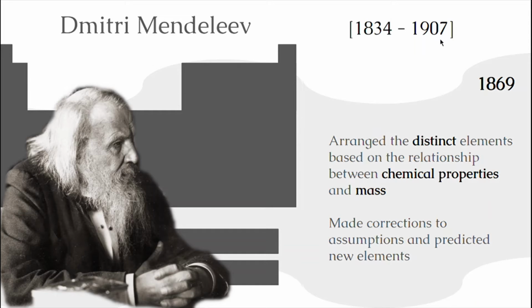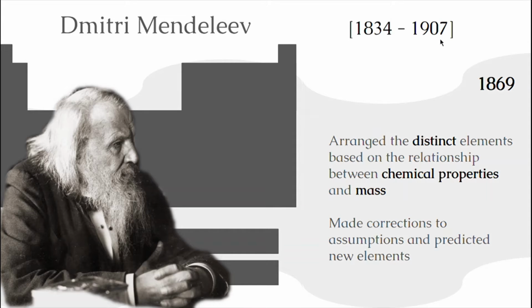I won't get into detail on this, but later on we'll have a video where we talk about the periodic table and its trends. But for now, all you need to know is that the periodic table arranges different elements, and it does so on the basis of their chemical properties. Later we learn in some other models of the atom that these are because of the valence electrons. In other words, the electrons in the outer shells of these atoms.